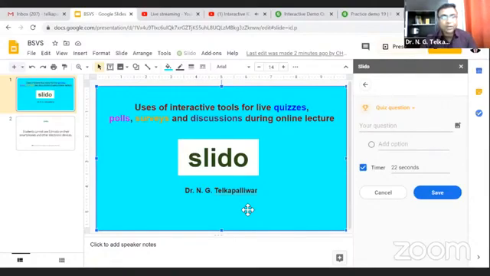Then the interaction can take place in different manners also. After 10 minutes of lecture you can give 1 or 2 questions. After the end of the presentation or online lecture, you can provide the link at any time, so that the names of students are collected and it is interactive. You can relate it to your content, subject or topic, you can give 1 or 5 questions. In this way you can go for that live session, and students also enjoy because they are getting different types of knowledge in the form of quizzes and short answer questions related to your subject topic. So these are the benefits of interaction with the students.